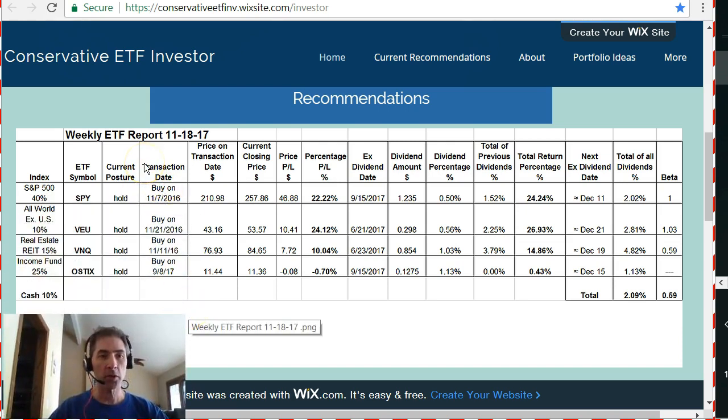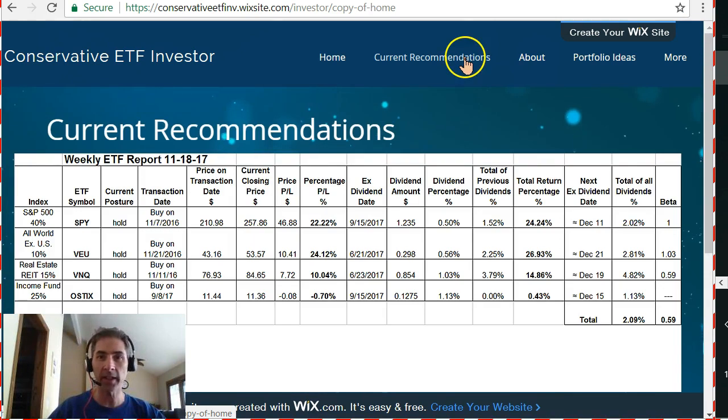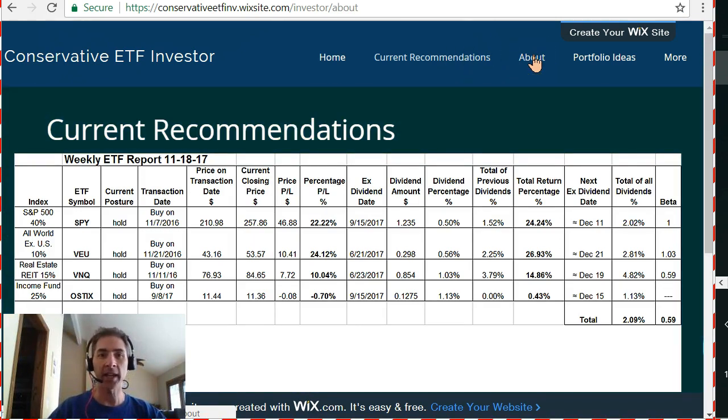Okay, the most important portion of this page I want to bring to your attention is our posture. We are still on hold postures for our 4 positions that we currently hold. And if you want to learn more about us, you can go to this Conservative ETF Investor homepage. There'll be a link to it at the bottom of the YouTube video. And also you can see our current recommendations page here as well as about us and about